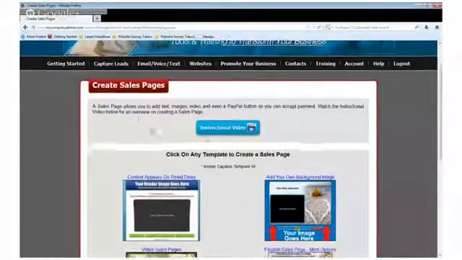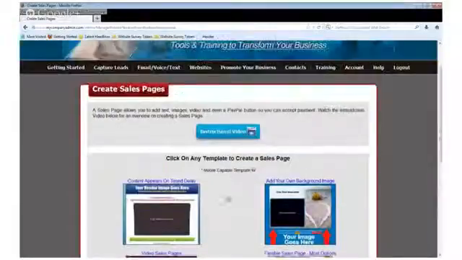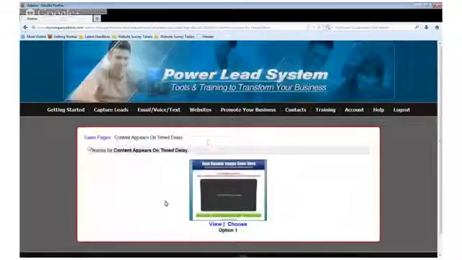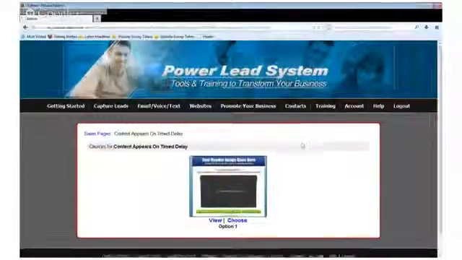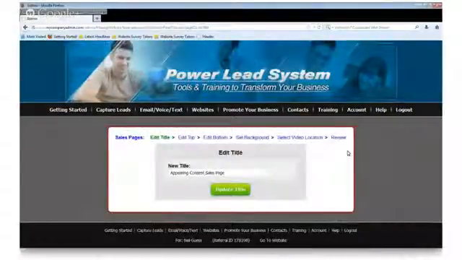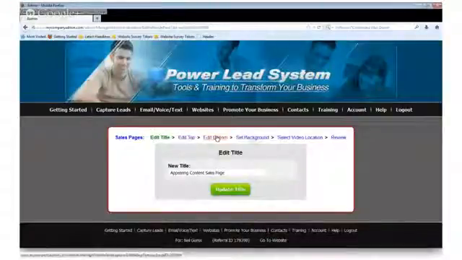So here's some templates we have that you can select from, and I'm going to select this one here. Content appears on time delay, and I like this time delay because I want them to focus on the video first before they see a call to action. So I'm going to choose this one here, and what I love about this is it just shows me the steps, 1, 2, 3, right after the other, exactly what I'm supposed to do. So as long as I follow the steps, then I'm going to be able to create exactly what I want,